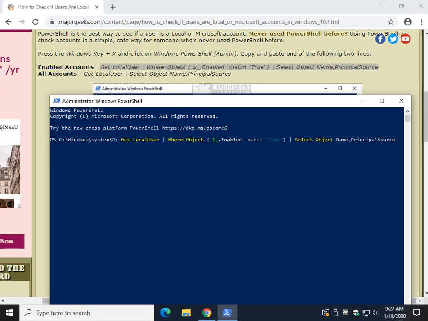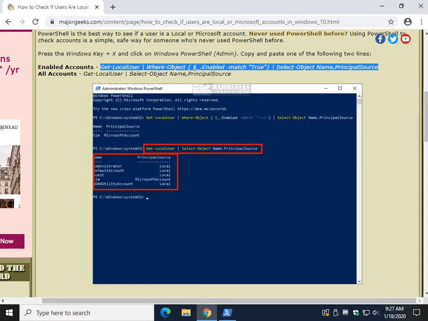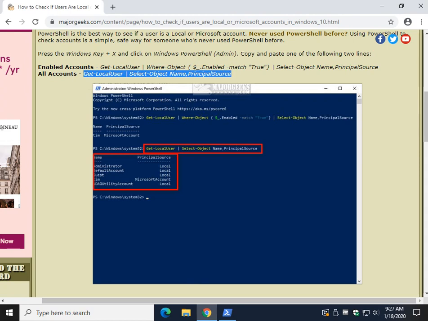So again, with PowerShell, you just press Control and V, and as you can see, it pasted it in there. And this is going to show us any enabled account, for example, the account that you're logged into. As you can see, my username is Major Geeks, and I am local. I don't know if I have multiple accounts on here because it's a virtual machine, but if you want to